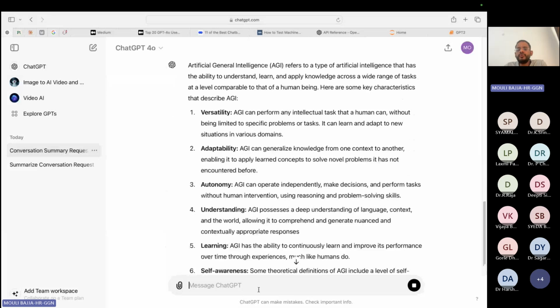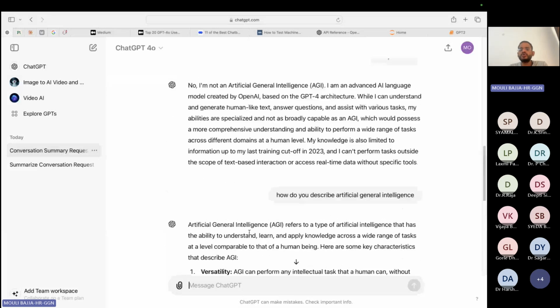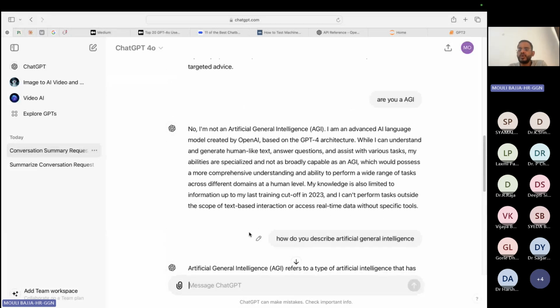Now, so we are having a chat here. We ask a question and it is answering. Now, there are very many different types of applications that we can use. Just see how OpenAI's GPT alone has so many APIs that are created.